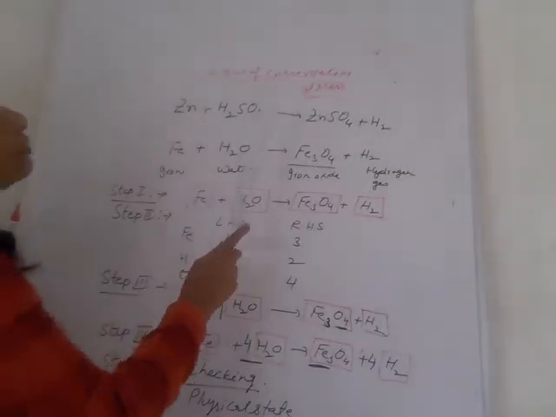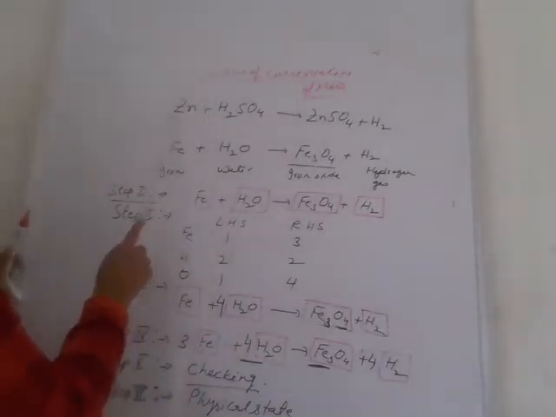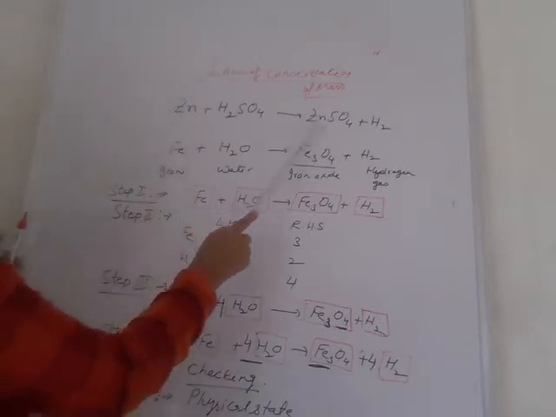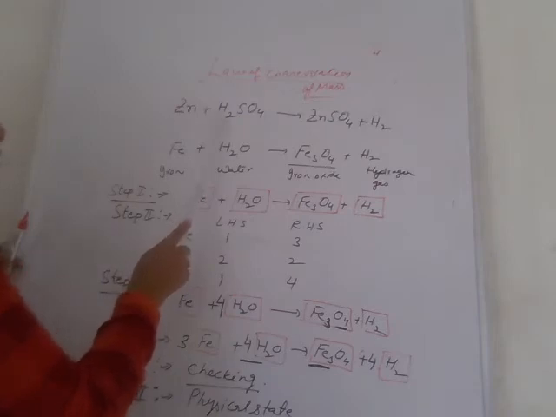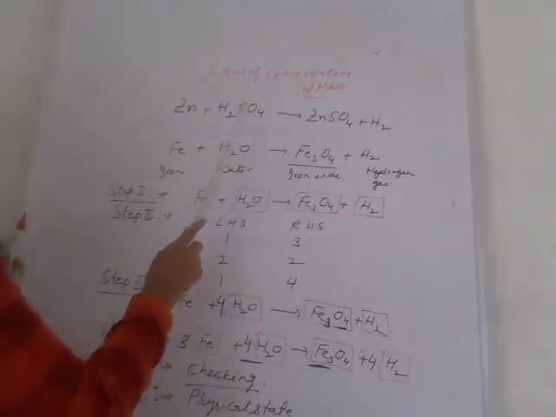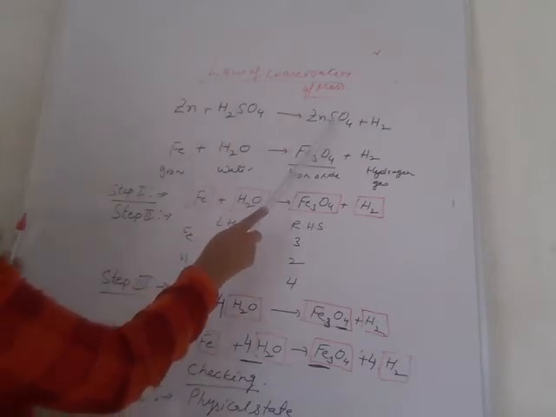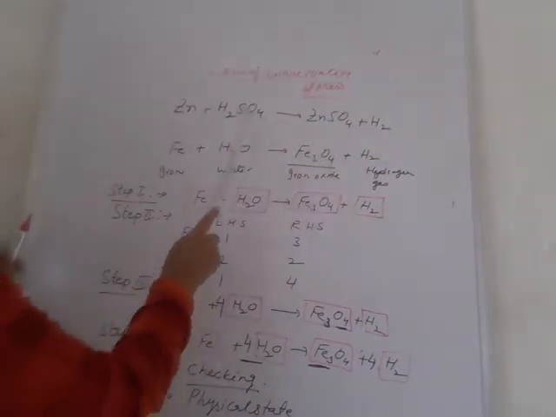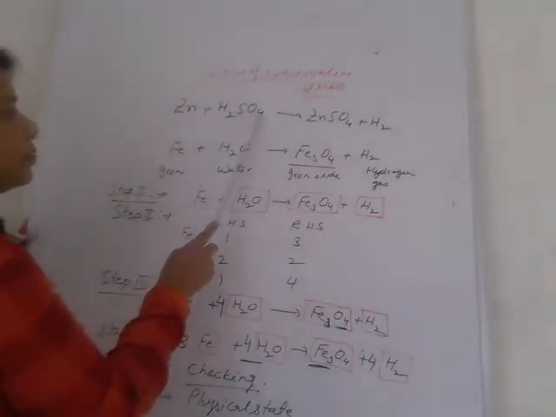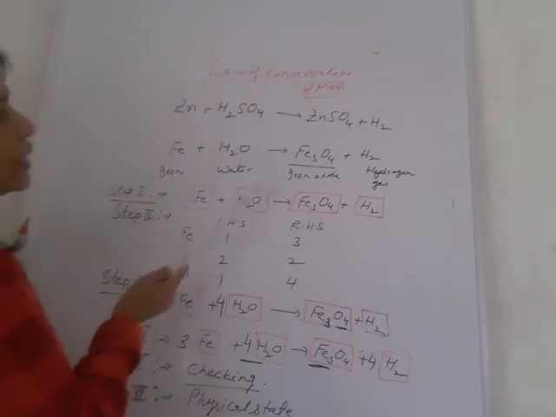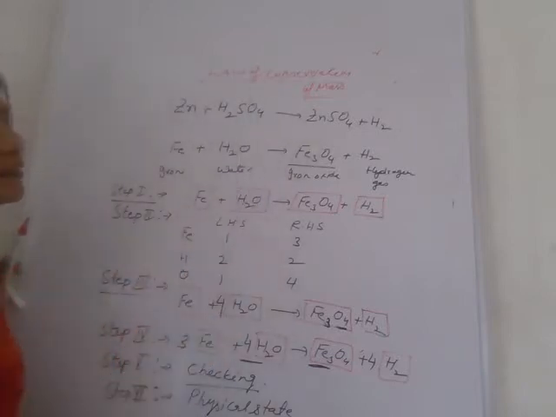So when we represent it in the form of a chemical equation, here Zn, number of atoms is 1, this side again Zn, number of atoms is 1, whereas hydrogen is 2 on this side and 2 on the right hand side, sulfur 1 on the left hand side and sulfur 1 on the right hand side, whereas oxygen 4 on the left hand side, 4 on the right hand side. So this means this equation is balanced. I repeat, a balanced chemical equation is the equation when the number of atoms of each element, like zinc, hydrogen, sulfur and oxygen, are the same on the left hand side and right hand side.